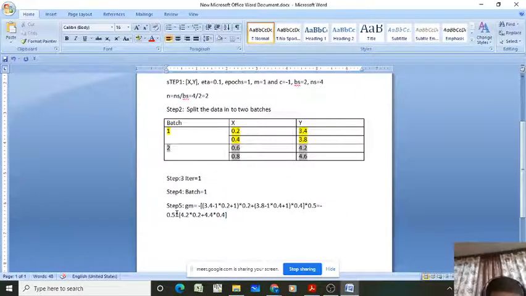This 0.5 is already coming in the front side, I just keep it in front. So that's equal to minus 0.5 multiplied by 4.2 into 0.2, that's 0.84, plus 4.4 into 0.4, that's 1.76. Total, so the final value is 1.34. So your gradient is 1.34 with respect to M.